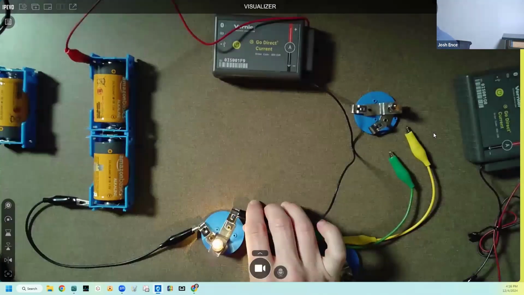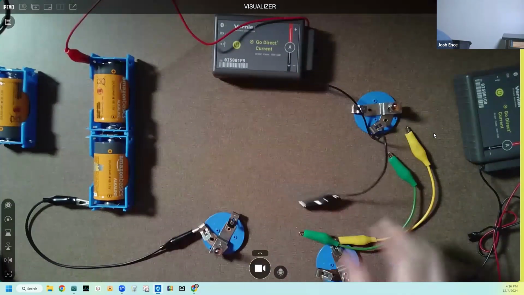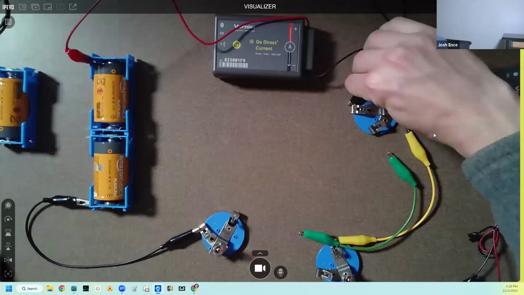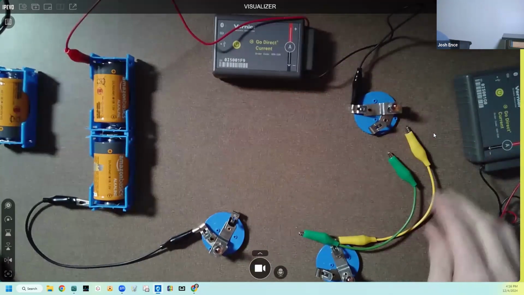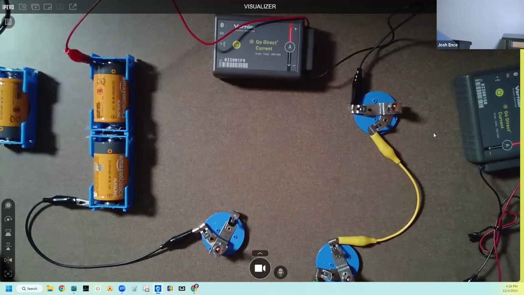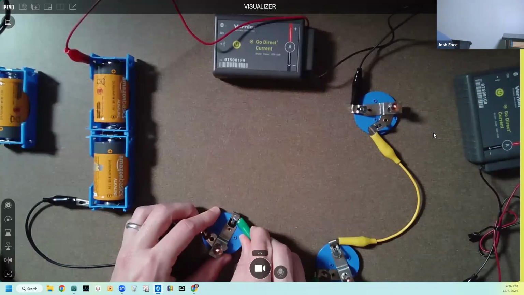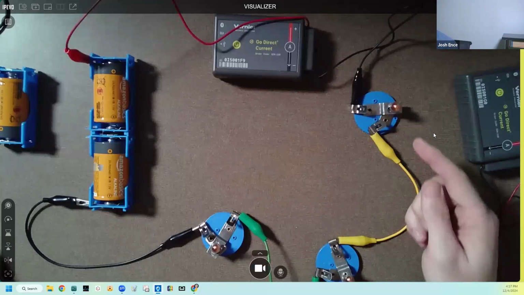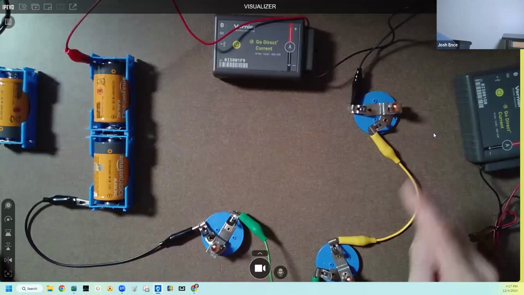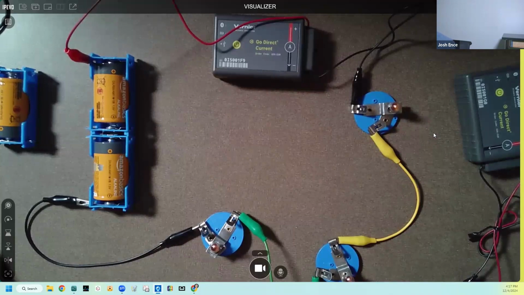And let's see, is that enough? There we go. You can see it's shining. Keep that one on. And then you challenge your students. Okay, what if I have 3 bulbs though? Now I've got bulb 1 here. It's connected to bulb 2, and then bulb 2 is connected to my test bulb. And now I can see all 3 of them are lit. How do I measure the current that's flowing through this one, the current that's flowing through this one, without affecting the circuit, without changing things?